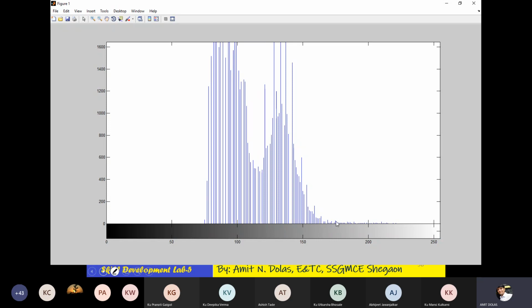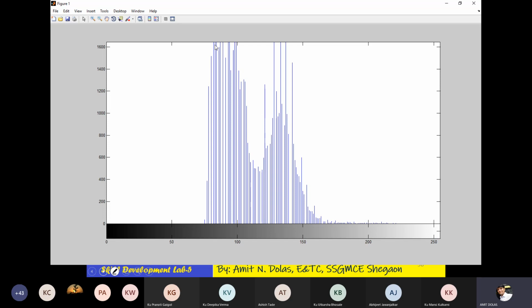In pout.tif, again, there is very low frequency after 170 or 175. We cannot consider this in the picture, but from about 175 to 255, there are no pixels in this range. Means on the right hand side it is blank, and on the left hand side it is blank. Now what is the meaning of this? Somewhere here, I do not have the exact number, but around 180 something, this intensity is repeated in the picture about 400 times.